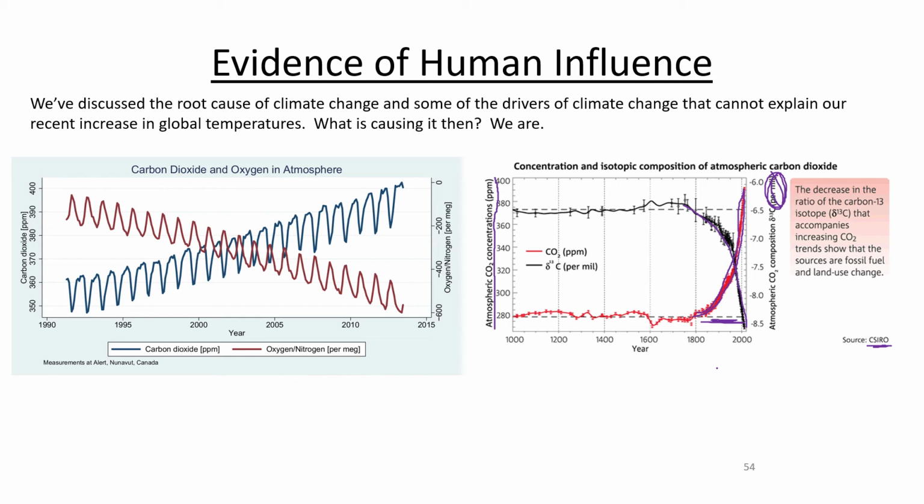And it's a reasonable question to ask, why does that tell us that it's fuels being combusted that are causing this CO2 rise? Well, when plants fix carbon, right, they grow, they do photosynthesis, and they take carbon from the